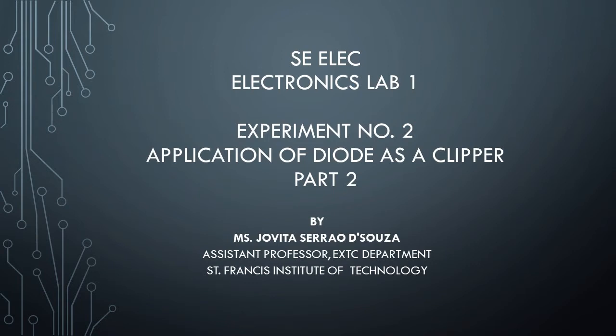In the previous session, we completed the second part of the experiments. The first experiment that we had taken was VI characteristics of a PN junction diode. This was done as a 2 setup video. Part 1 was done on LTSpice and part 2 was done using virtual labs. For the second experiment, we again have divided it into 2 parts, both of which are being done on LTSpice. The first one was for a series clipper and the second one that we are taking is for a